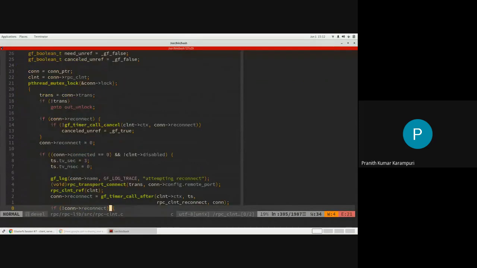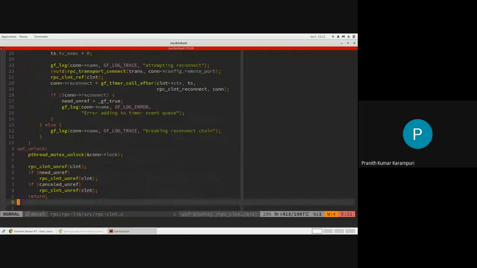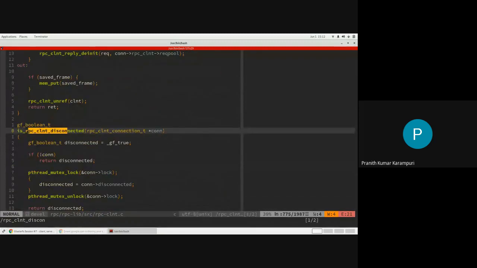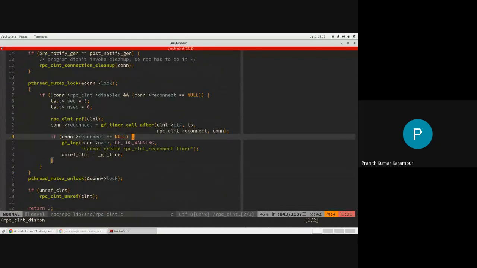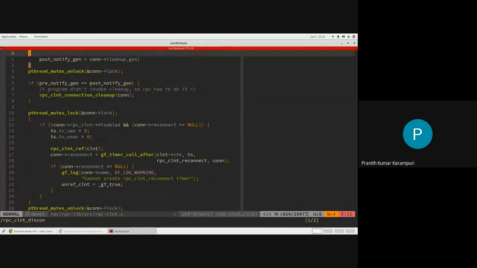If it is not disabled, it will call this one.